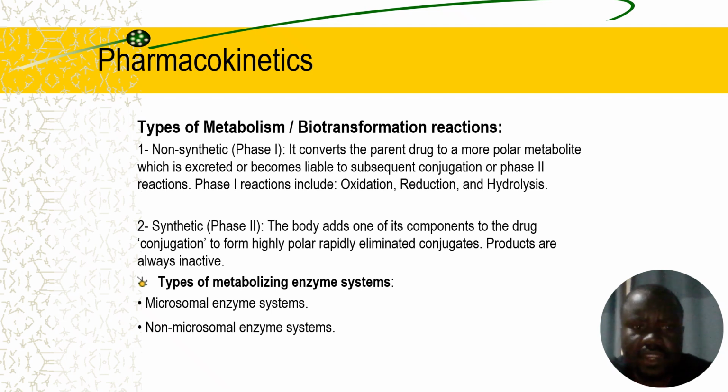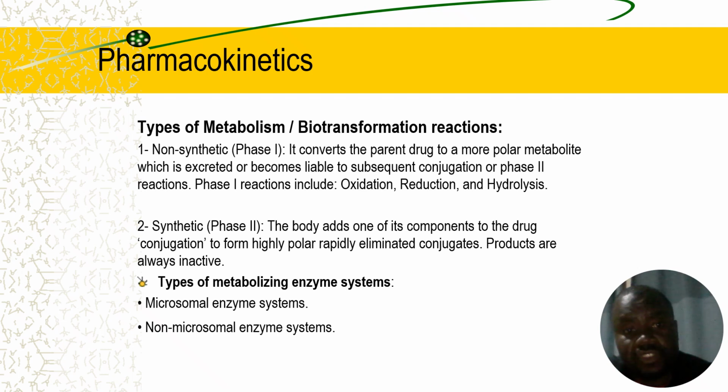These non-synthetic reactions are also called phase 1 reactions. Why? Because they tend to make the drug more reactive to the next phase of reactions, which is the synthetic one, where another moiety or another chemical substance is added